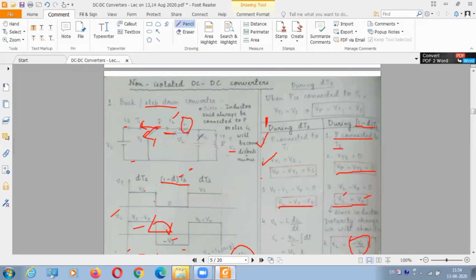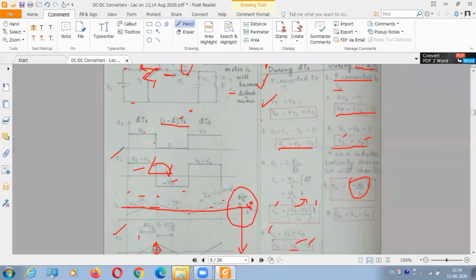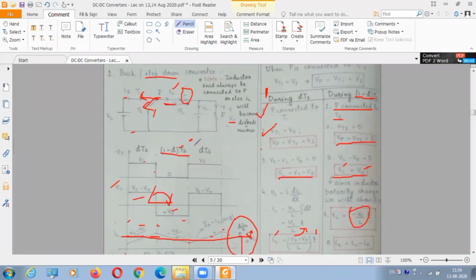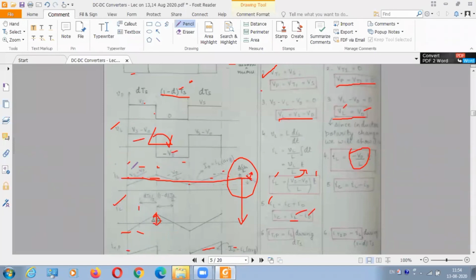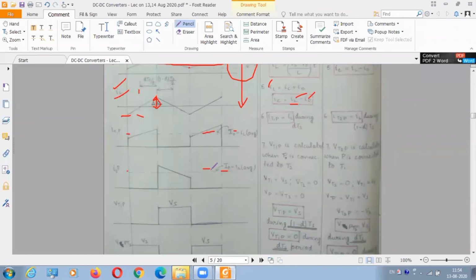Then you have to draw this waveform, write all these 7, 6, 6, 7 points, or I will tell you, draw the VL IL waveform IC. In words you have to write 1, 2 lines. I draw the VL IL waveform. You have to show how this VL IL comes and draw these two graphs. VL IL IC is very important. These three are very important.